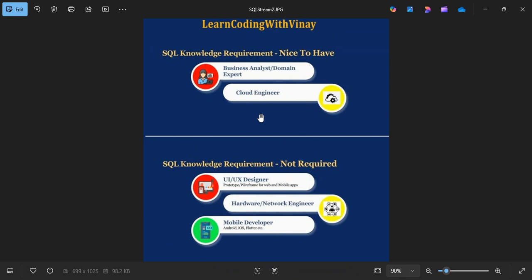Right. And the next three streams: whether you want to become a UX/UI developer, a hardware or network engineer, or a mobile developer, if you are opting for these three, then you are not required to have knowledge of SQL, because they don't involve anything related to SQL. For mobile developers, it would be nice to have SQL knowledge, but most of the time, mobile developers, be it iOS, Android or Flutter,